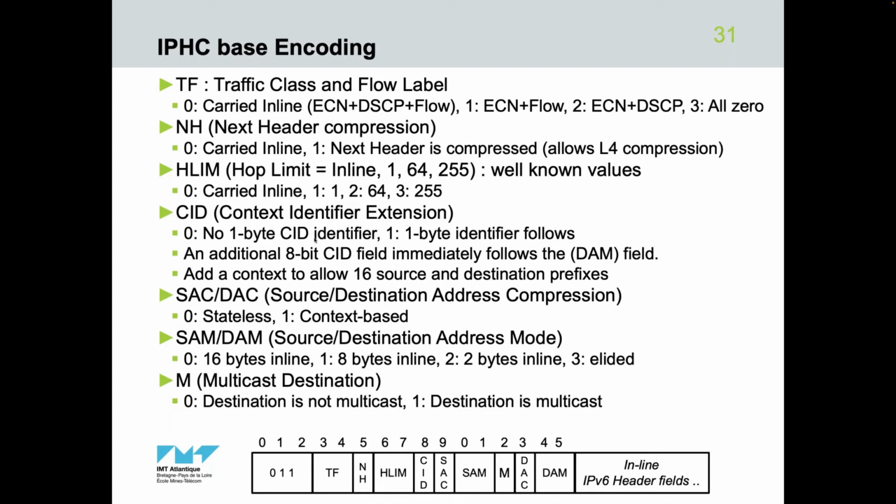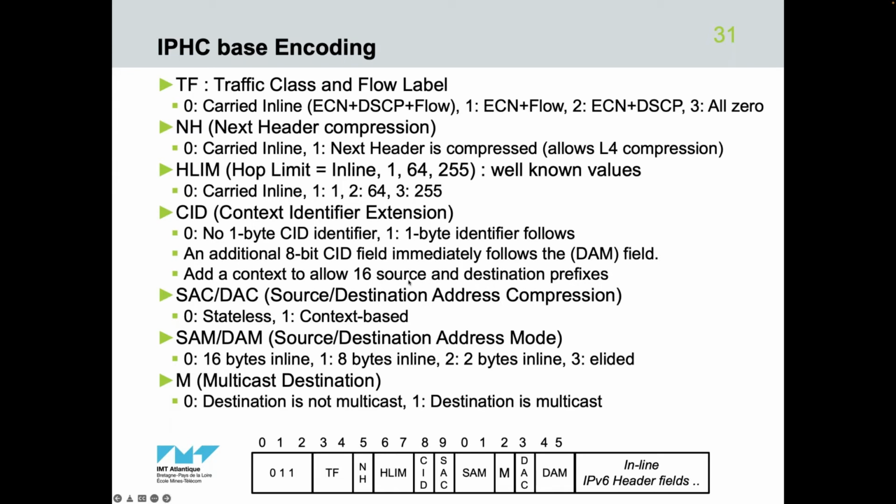Basically, the transmitter and the receiver have agreed on a specific context, on a specific prefix, and there will be an additional 8 bits after the DAM. As you can see from my pointer here, after DAM we have 8 additional bits that will identify the prefix of the source and the destination. That's why we have 8: we need 4 bits for the source prefix and 4 bits for the destination prefix. So that's why we have 8 bits in total. 2 to the power of 4, we have 16 different